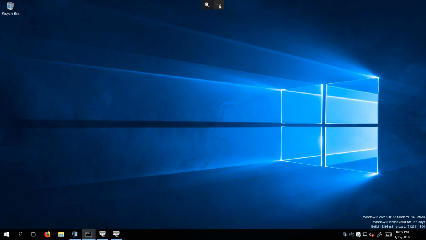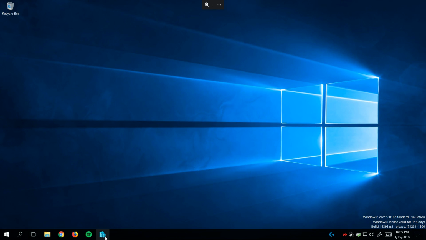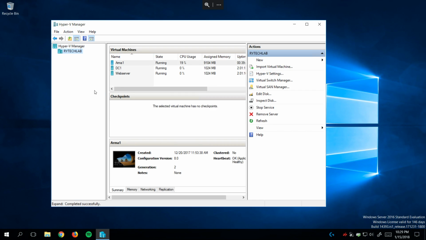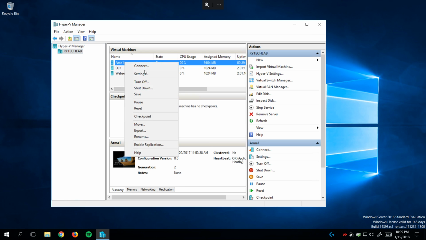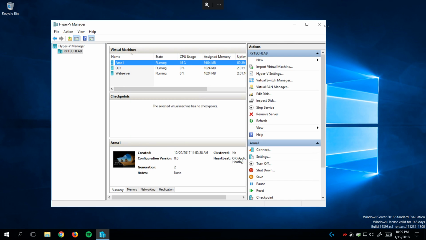If we go in and check the Arma server settings, we can see these two additional disks right here, RAID 1 and RAID 2. So we've got additional disks that I've set up in a RAID 0 to help with the storage